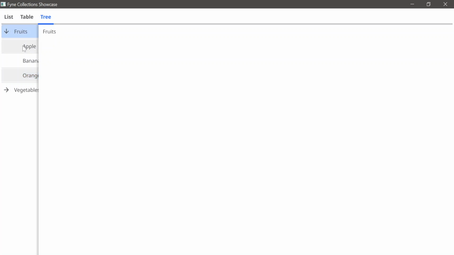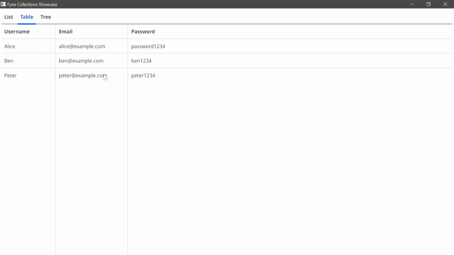So those are three most important. You can use this one as a dashboard for your side elements. So that's how you define your list. This is how you define your table. You can add event listeners, and this is how you define your tree. So we can stop there for now,